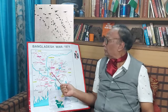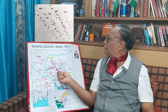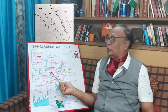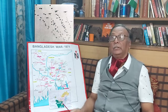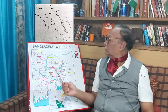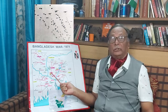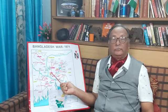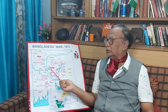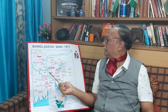So task number one was to get hold of the Poongli Bridge, and thereafter the Pakistani brigade which was falling out from Jamalpur had to be blocked. The Jamalpur Pakistani brigade also got stuck up here, and there was a massive fight. The First Marathas gave them a jolt. Then whatever was left of them came to the paratroopers. And those who went helter-skelter,